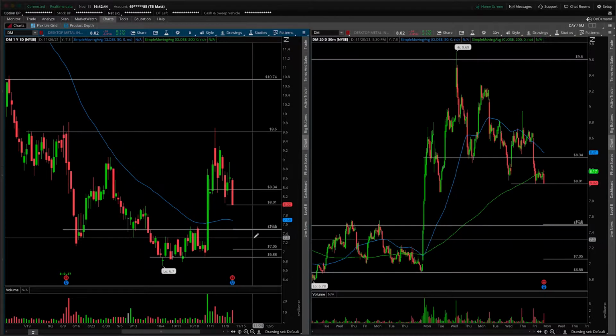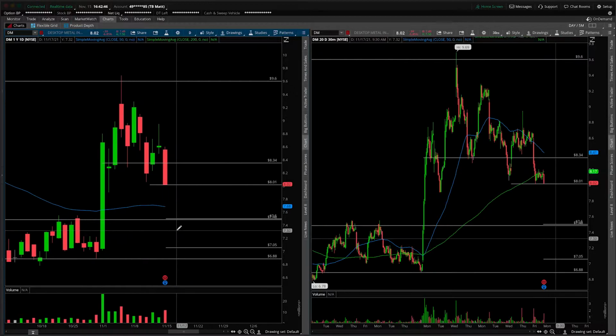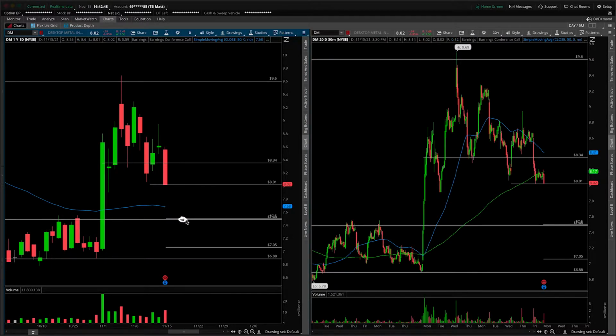Now, again, as I mentioned, it's going to be a little bit more difficult to pull off, noting that the distance between this and this is almost equal, if not slightly lower than what the distance is here. So your risk essentially here, your R, is almost on par with your reward, right? So a 1-to-1, it's not ideal, but it is semi-acceptable.